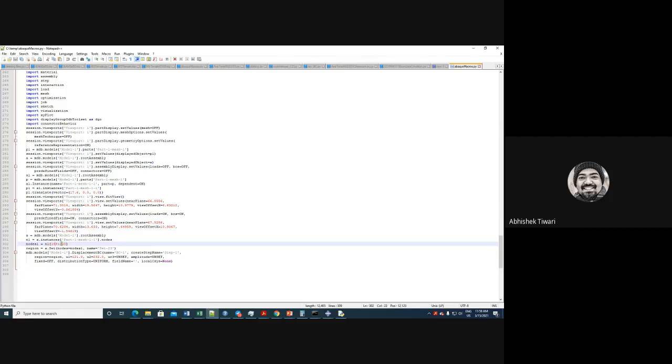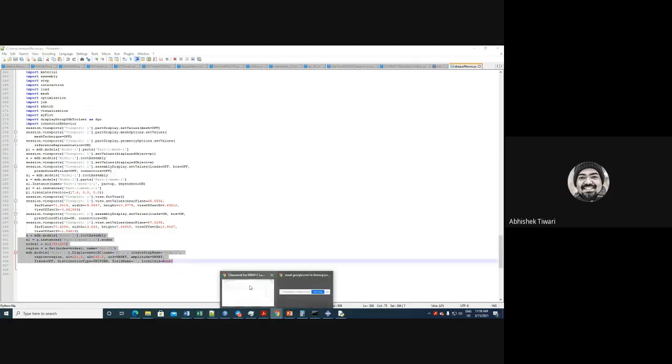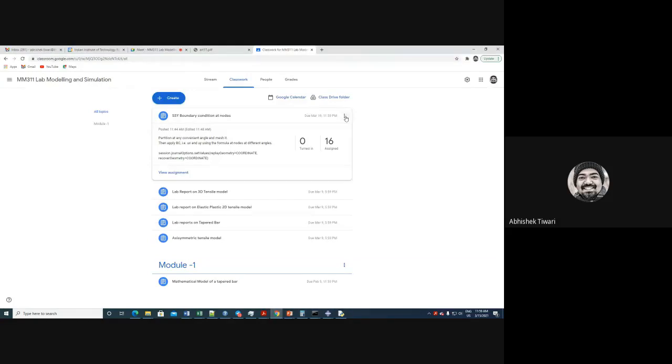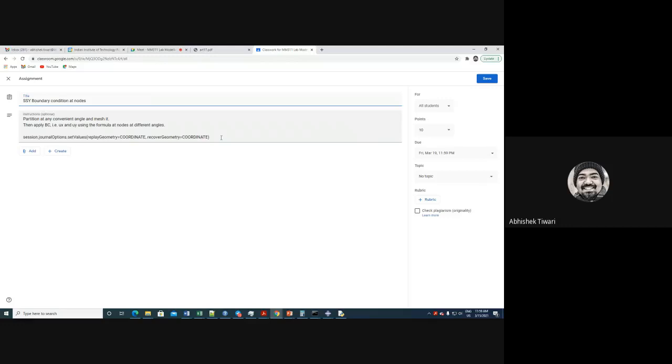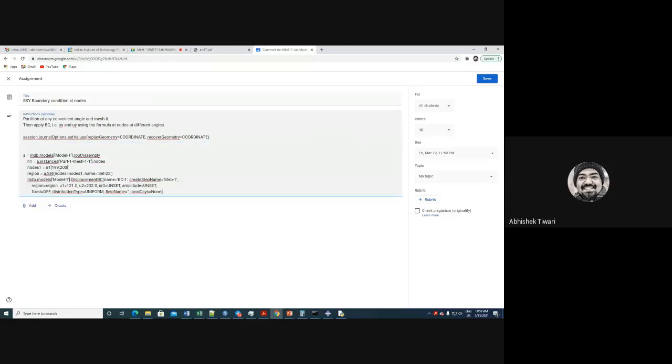So take that number and this number, and then the node is that, and then the region is set, you can name it, and then as we applied ux and uy on the vertex, in this case we are applying on the node. Okay, so I will just copy this part, Control C, and I'll put it in the classwork description, and this should help you to write the code for applying a boundary condition using node numbers.